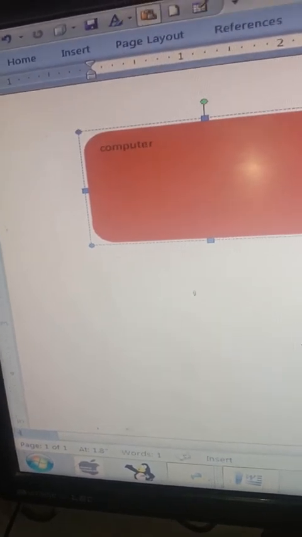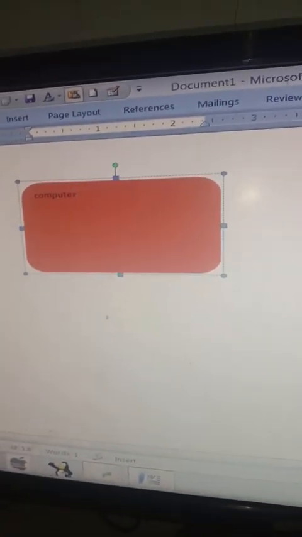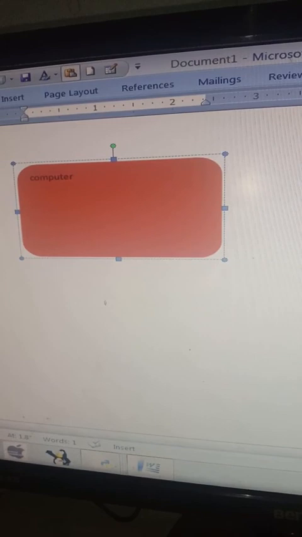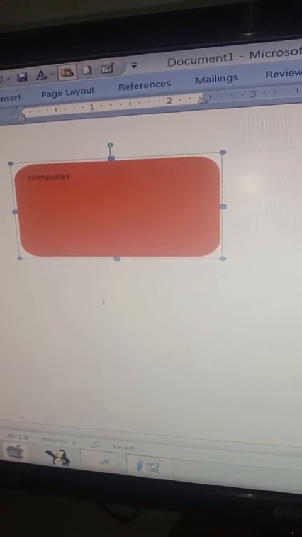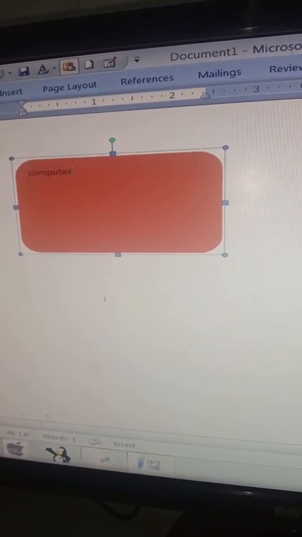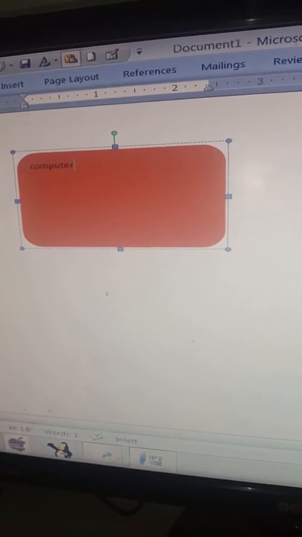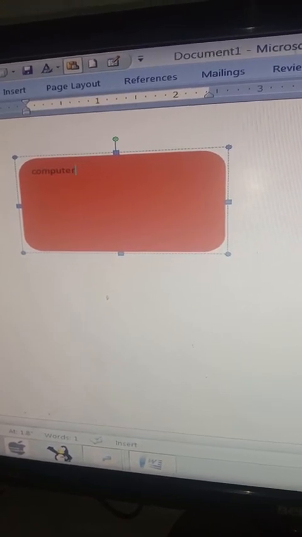This is how you can insert a shape to your document. You can fill the outline color or the border color of the shape also. You can type the text according to your own requirement. So this is inserting the shapes with the help of the insert and format buttons.